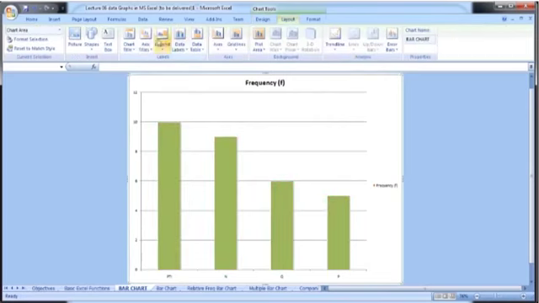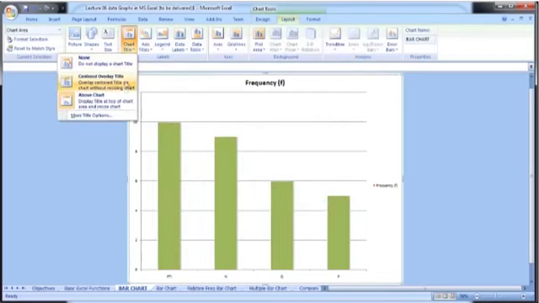So in the layout we have chart title. None means we don't want to display a chart title. Above chart means we place the chart title above the chart. Centered overlay means we place the chart title in the middle, in the center of the chart. Currently the mostly used option is above chart.